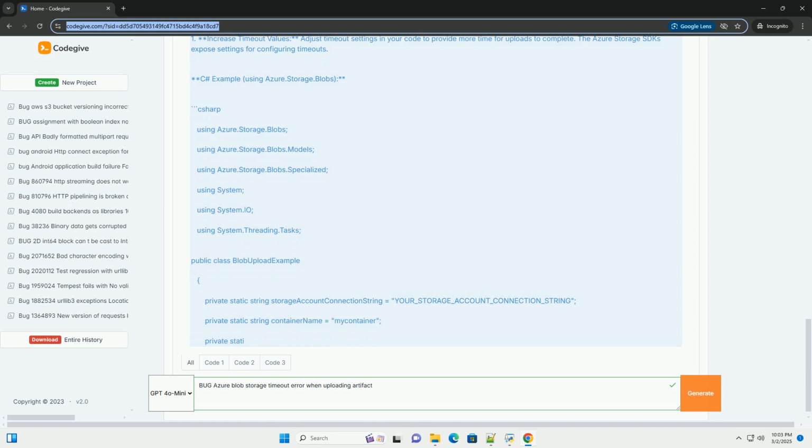Important: the true parameter in blobClient.UploadAsync(fileStream, true) overwrites the blob, otherwise you will encounter a blob already exists error on retries. Python example, using the retry decorator from the Tenacity library. Explanation: